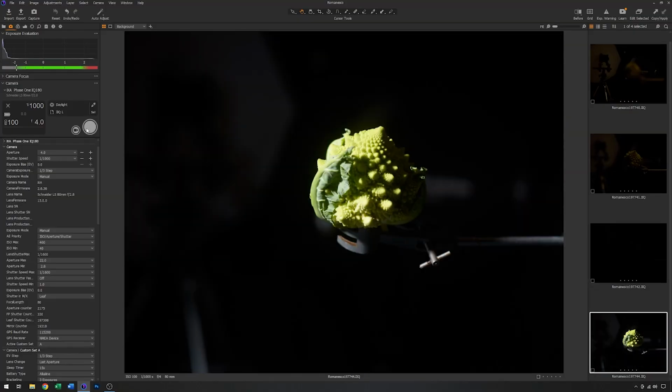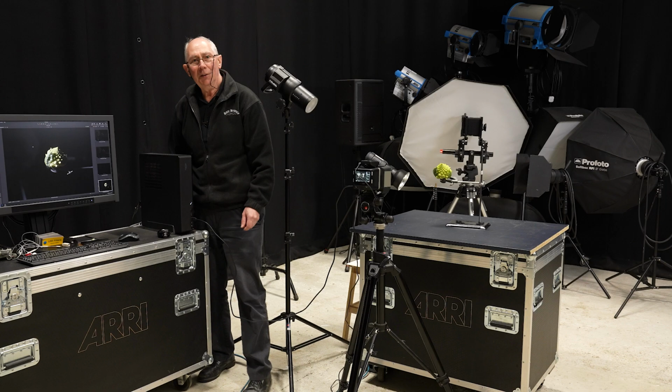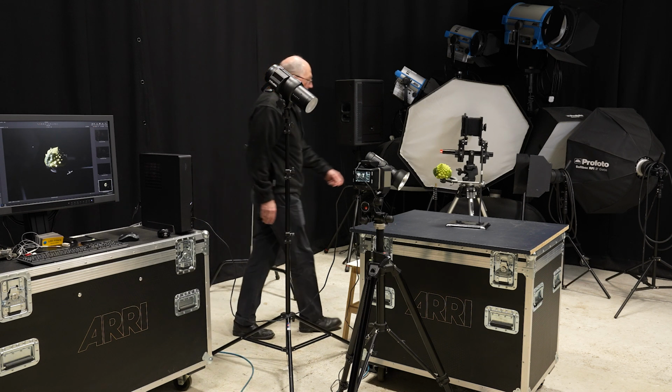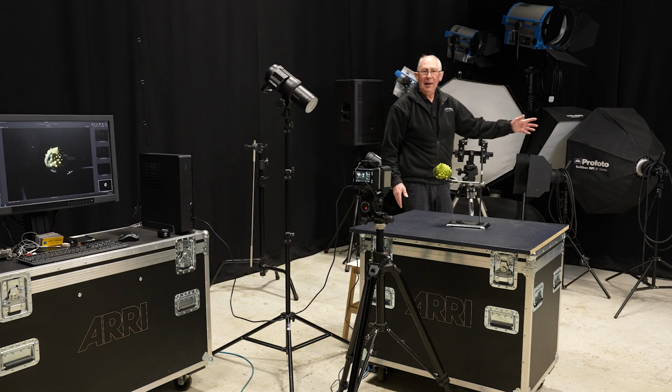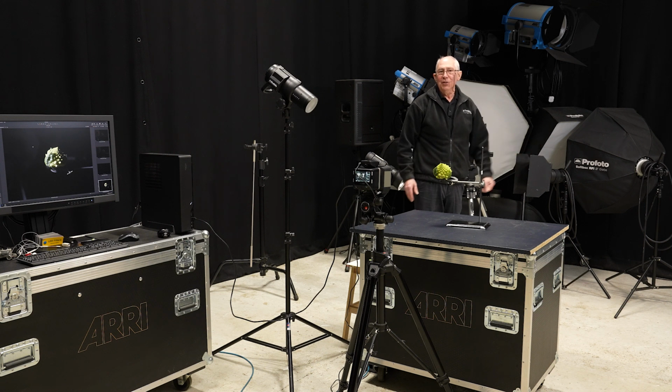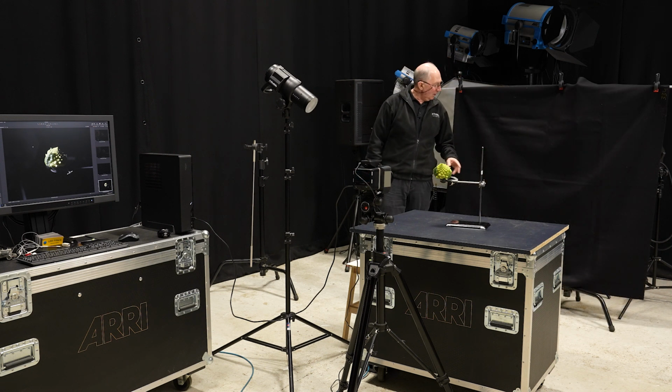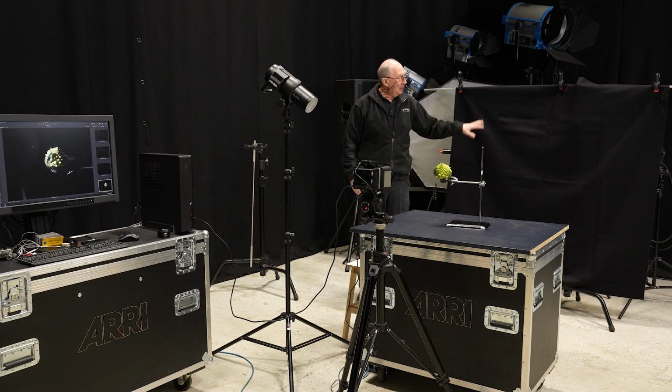Okay, so you can see from this image that we're actually getting an exposure now. It's not bad actually, but you can also see there's various things in the background here which are a bit distracting. So what I'm going to do is just put a flag in the way at the back here just to take that out. So basically it's just a big black cloth. So there we are. So now that will just stop any of the background distracting and taking away from the